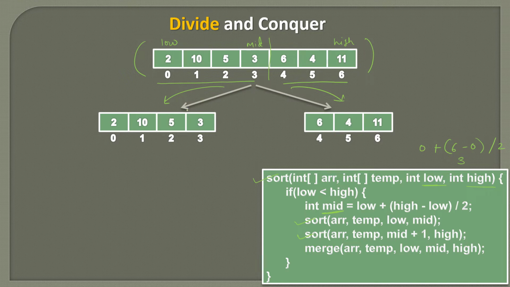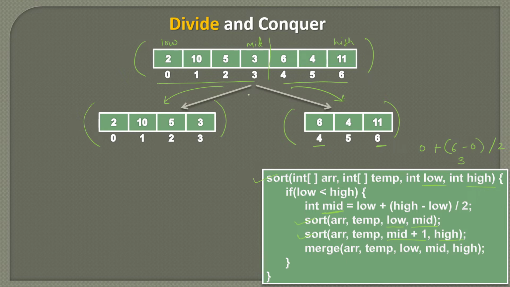So this division here is done based on calling of these two sorts. When we call this sort, we pass the ranges from low to mid, so it looks like we are doing it like this. And for the right subarray, it says from mid plus 1 to high. So it looks like this, but the array remains like this only. It's actually the logical division based on low, mid and high pointers. And this we do recursively.